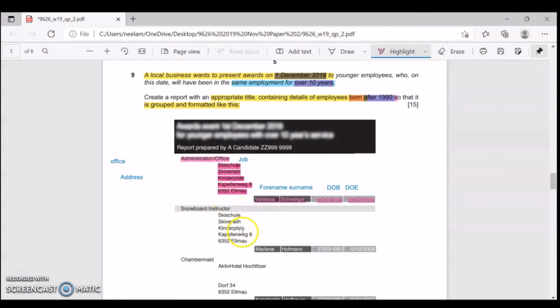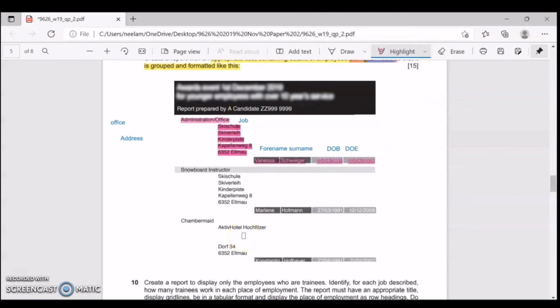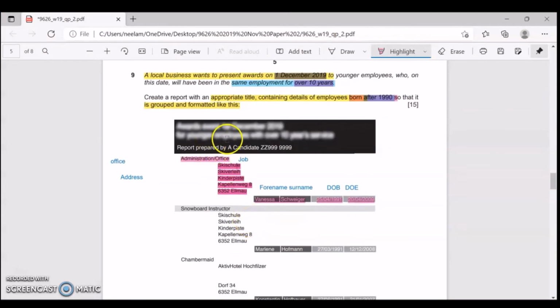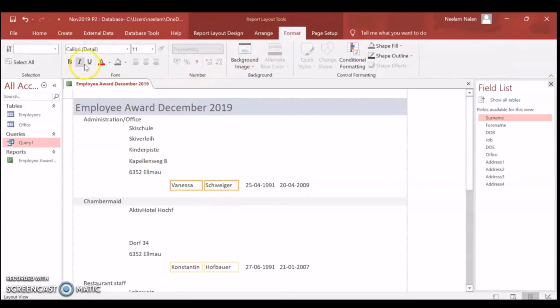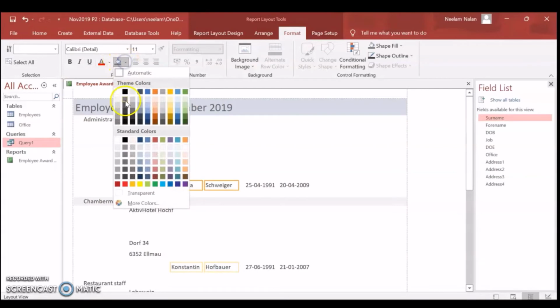Next we can see the forename and surname are filled with dark gray color and the font is white. And not to forget, the fonts should be at least 12 point high, so we'll make that.